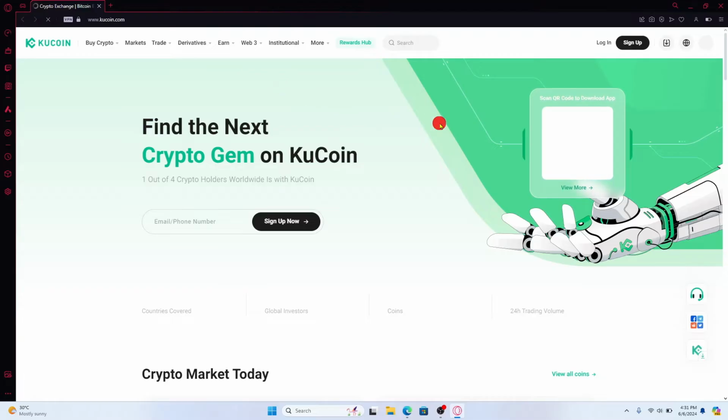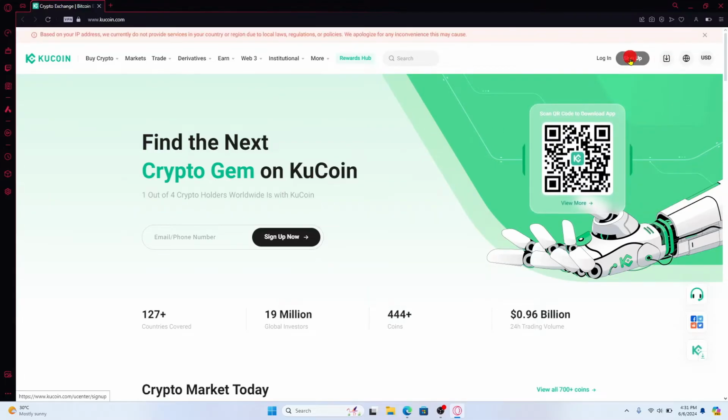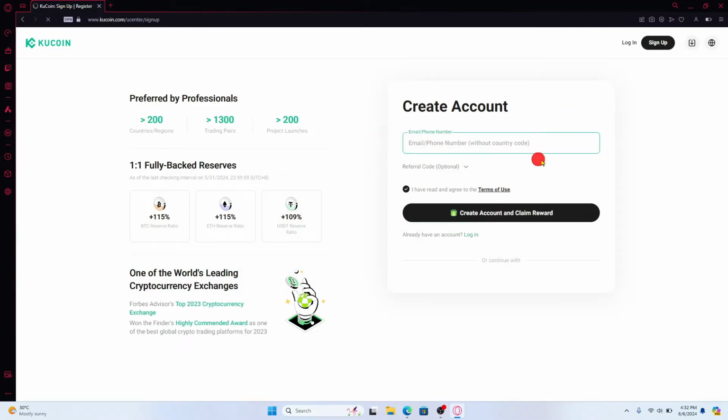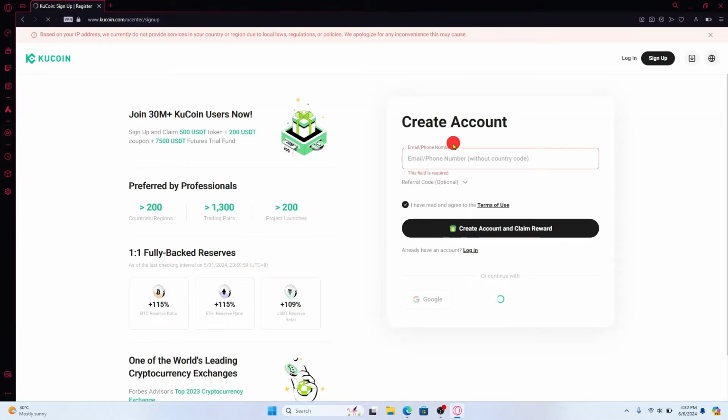Now in order to sign up, click on the sign up option at the top right corner and you will be asked to enter your phone number or your email address. Just type in either one of these within the given box and then enter a referral code if you have one. You can then click on the checkbox for the terms of use and then click on the create account